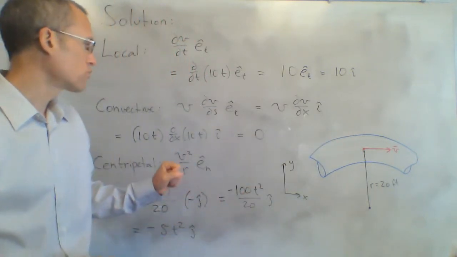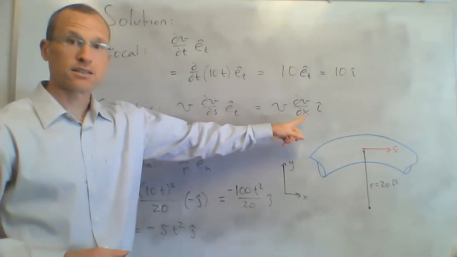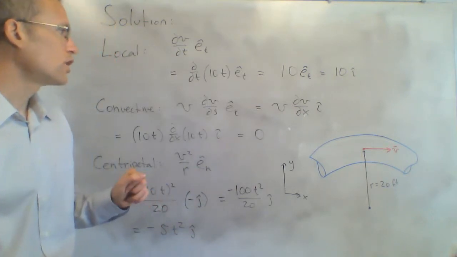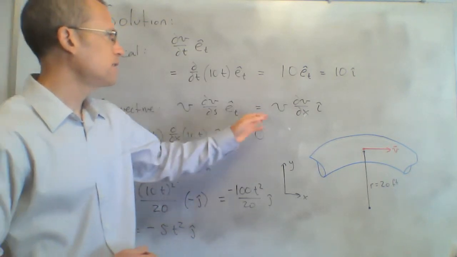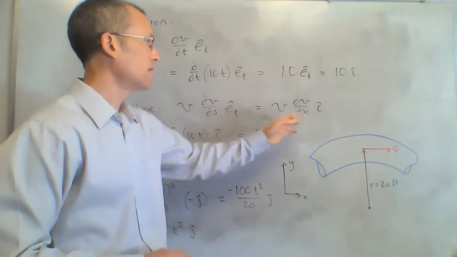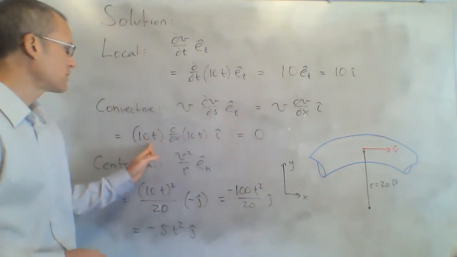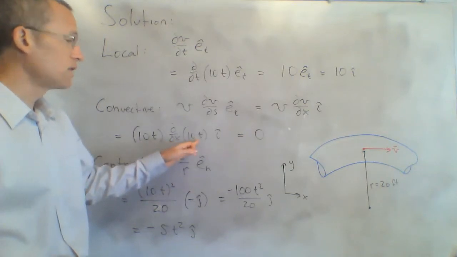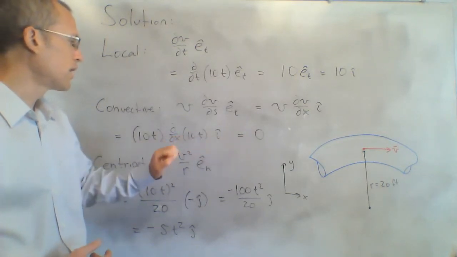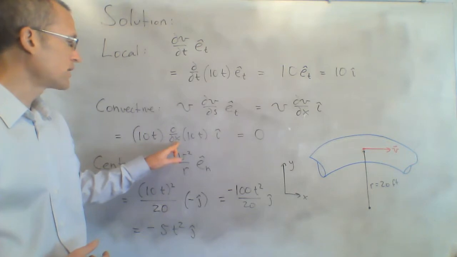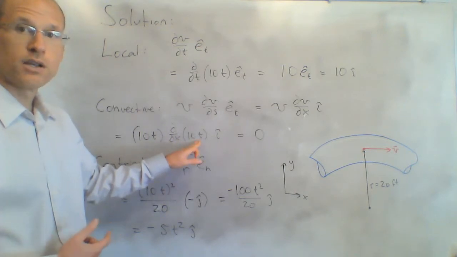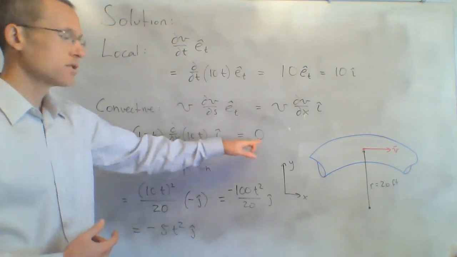So straight to the right means that s is the same thing as x. So what I'm really looking for in this case is v dv dx, and again, et is in the i direction. And so now I'm taking my v, 10 times t, d by dx of my v, which is also 10 times t, in the i direction, partial with respect to x of 10 times t. There's no x here, so no x here means 0. So 0 convective